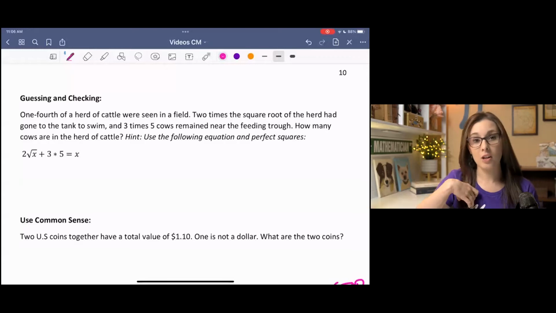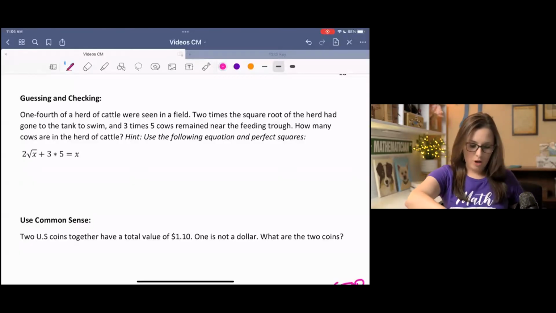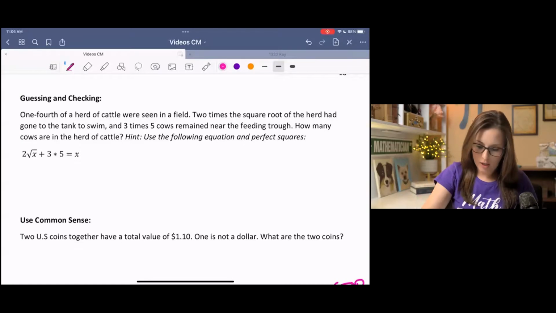This next one is actually guessing and checking. We have a fourth. This doesn't line up. This is a typo. I'm sorry. Hold on. Okay, sorry about that. That should just say